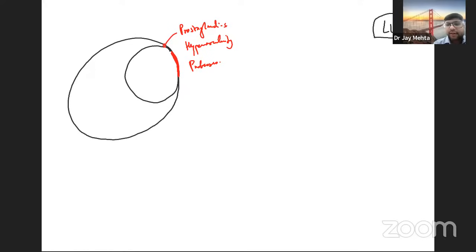Let me just change the color for this oocyte. The oocyte which is present somewhere here inside, it allows this oocyte with this lytic activity to then come out. All right. One characteristic thing which is mentioned in most of the textbooks is prostaglandins.